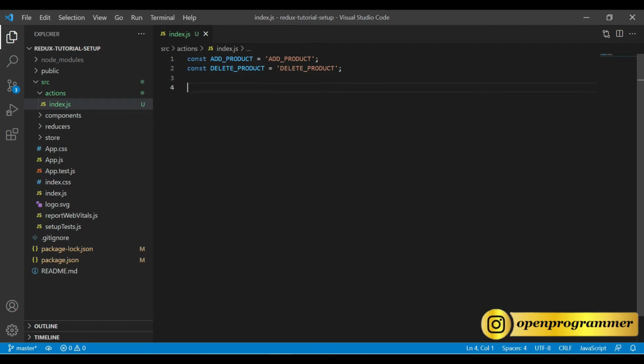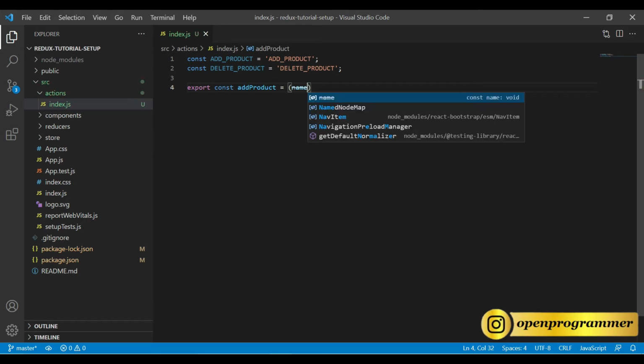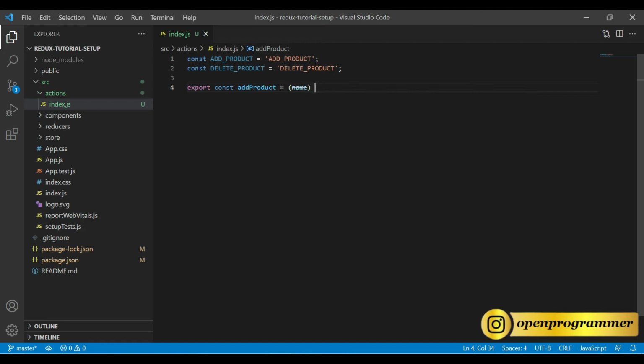All right. Now we need to export them, and we also need to provide some logic on it. So export const addProduct, and it will take a name, the product name, and it will return an object with a property of type. The type is something like what is your action name.